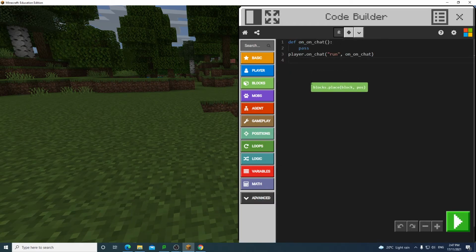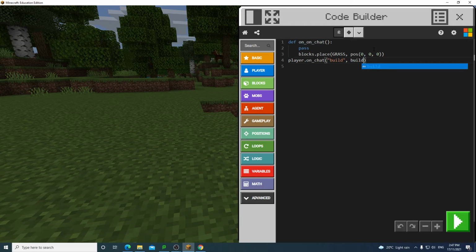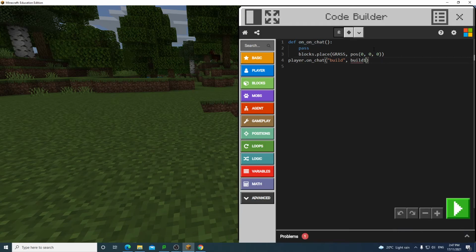So I've started with the usual default code here. Let's do some more things. So player on chat build. It's nice to keep this nice and tidy. And on chat, I really don't know why they chose on chat as the default name. I guess it kind of makes sense. Anyway, so build. I'm going to call this one build 1